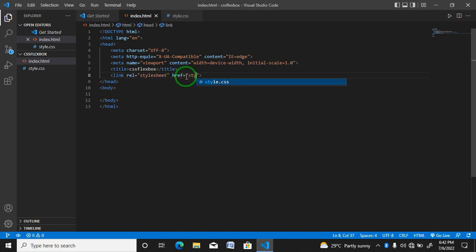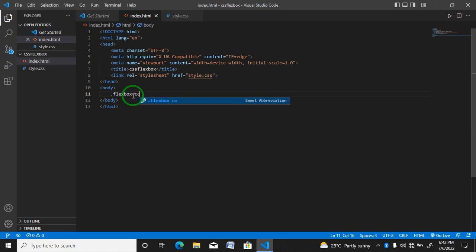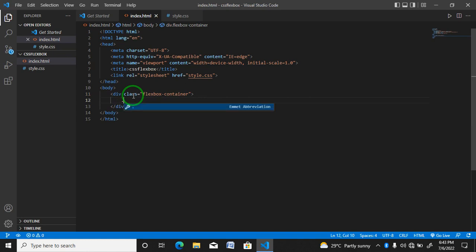So we named our CSS style.css. Now we dive in. I'm creating a div to be housing my work, like the parent container, and I'll call it the Flexbox container. Inside this div, I'm going to create another div with a class